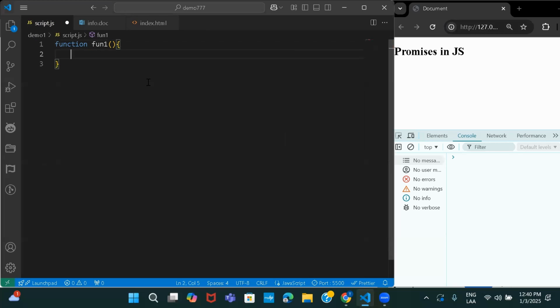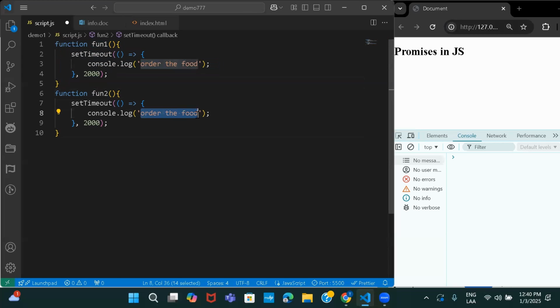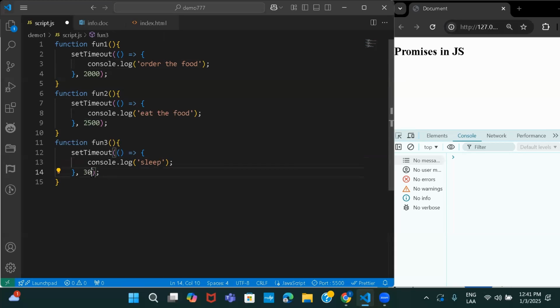So function one, and I'm going to write these three functions as asynchronous functions. I'll set the timeout as well, and then inside this I'll just log order the food, and then let's just copy this and create another function. Function 2, eat the food, and here we'll change the time to, let's say, 2500, and then we'll create function 3 and just give a message here, sleep, and here we'll change the time to, let's say, 3000, and then